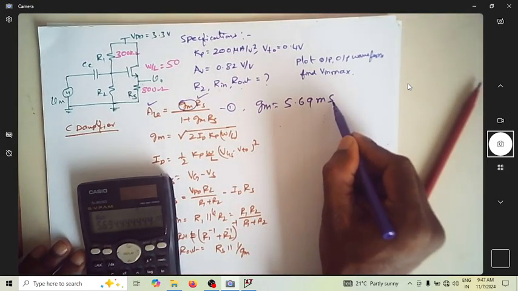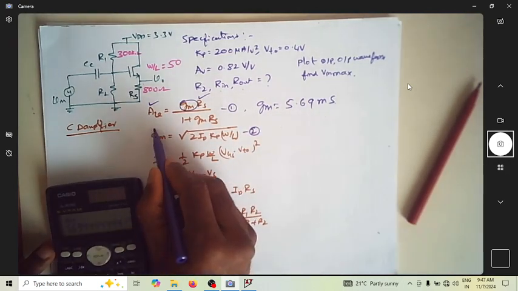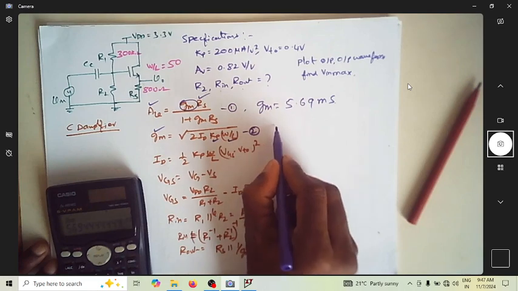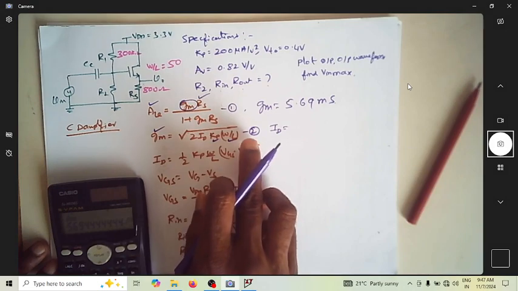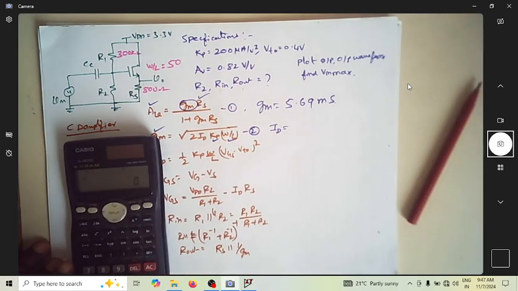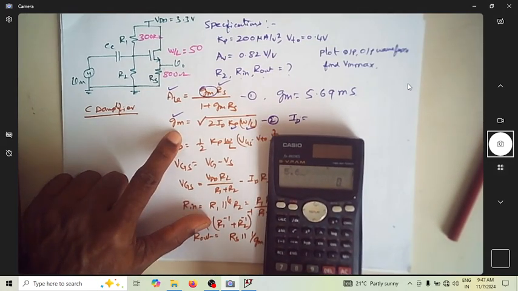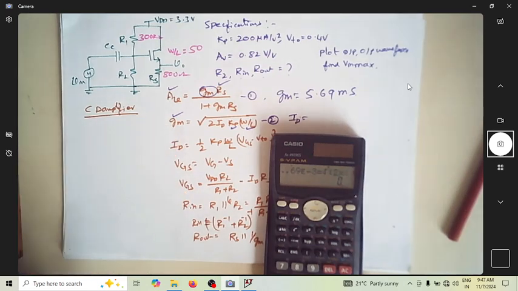So using this GM, let us use equation 2. Here we know what is GM, we know what is KP, we know what is W by L. So let us find what ID is. Using the second equation with the known value of GM, let us find the value of ID. So I can use this equation. It is 5.69 times 10 to the minus 3 equals square root of, open the parenthesis, 2 into